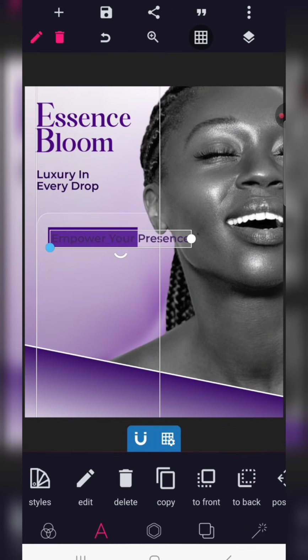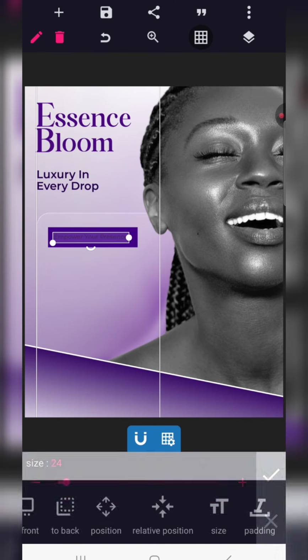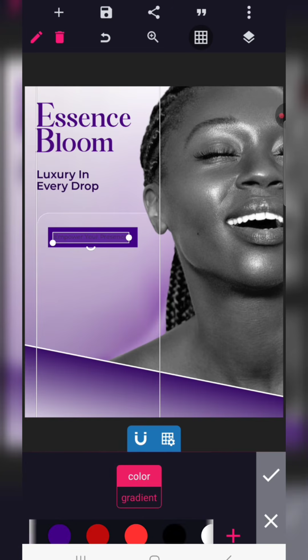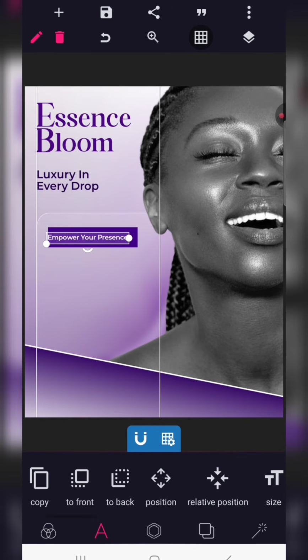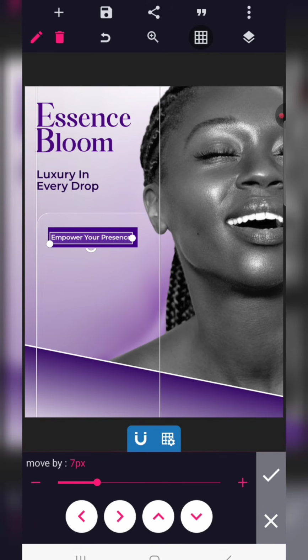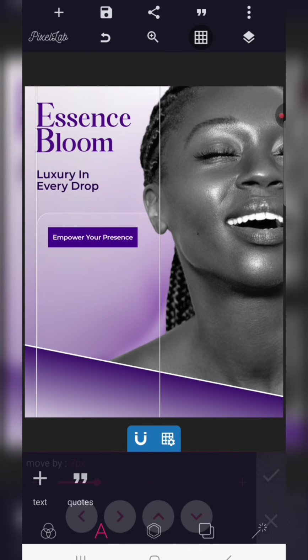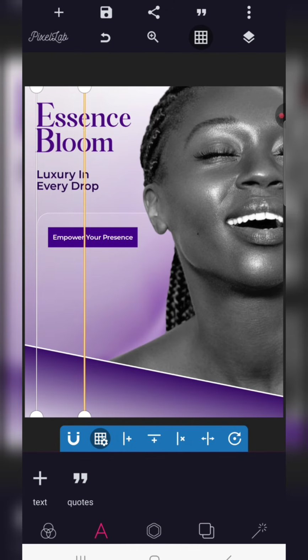Then I'll reduce this so it can fit well on this shape. Let's go change the color to white. Empower your presence. So let's check that out. All right, so now we're going to use the second